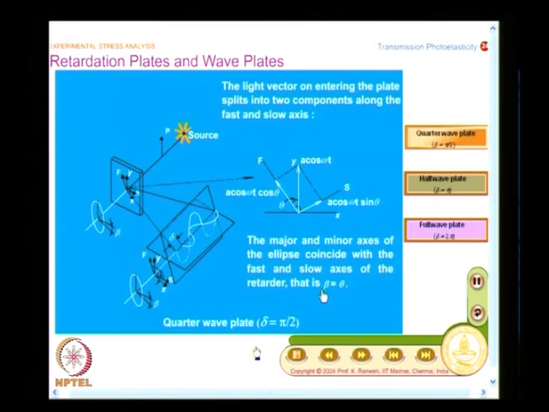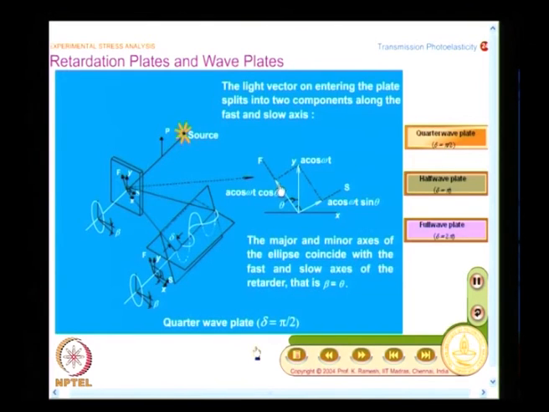So, what you get is beta equal to theta. You write only this statement, you do not have to redraw this complete figure. What you learned here is, the major and minor axis of the ellipse coincide with the fast and slow axis of the retarder. So, if I have a quarter wave plate,